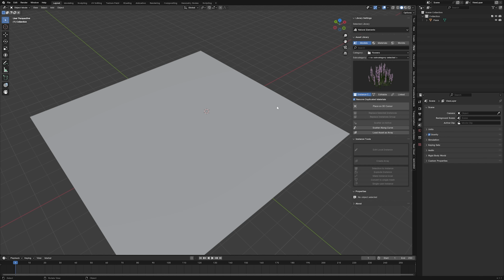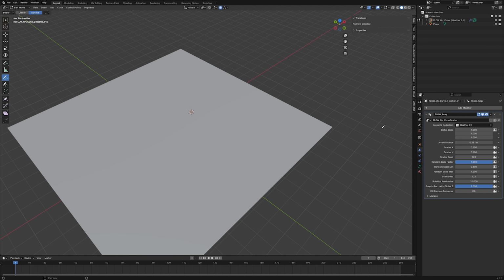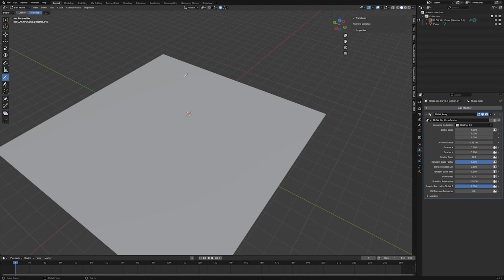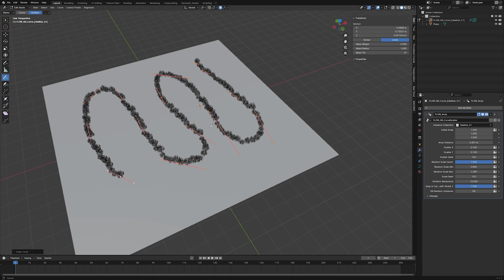The other feature that we've developed is scattering along curve, and this is also a quite simplified version of scattering. It was just created to allow you to scatter the asset more precisely than with this first feature. So you can press this button when you have your asset selected, and you will be automatically switched to the edit mode of your freshly created curve with draw on surface enabled. So you can just start drawing your curve on the surface that you have, and your asset will be distributed